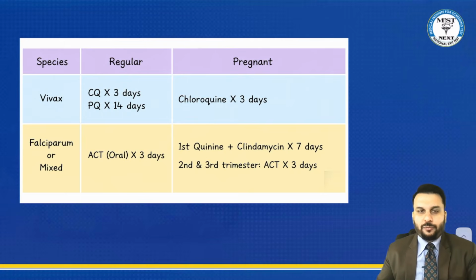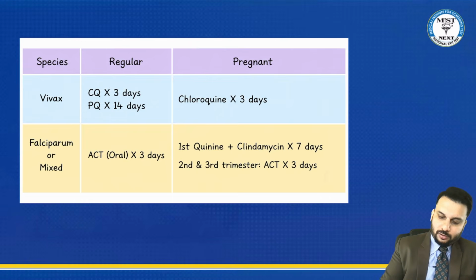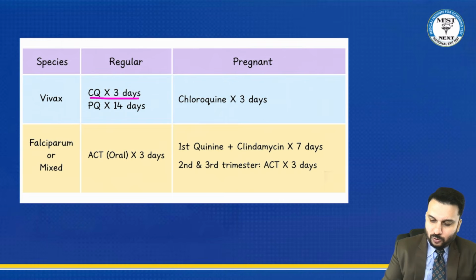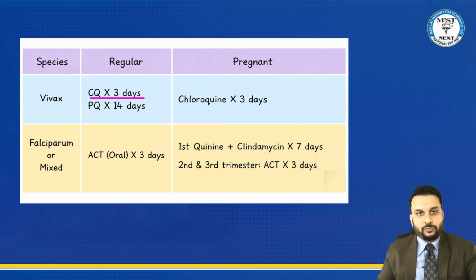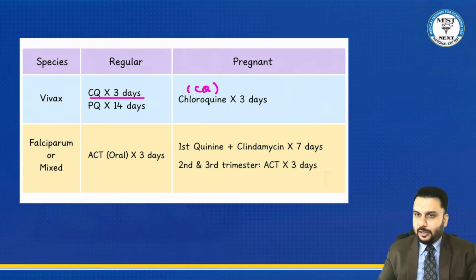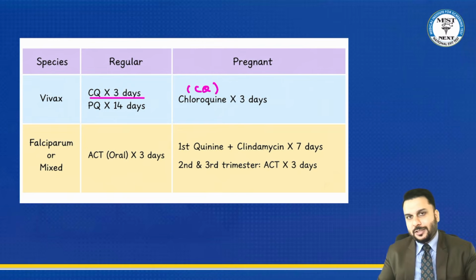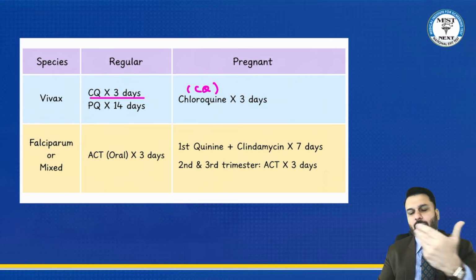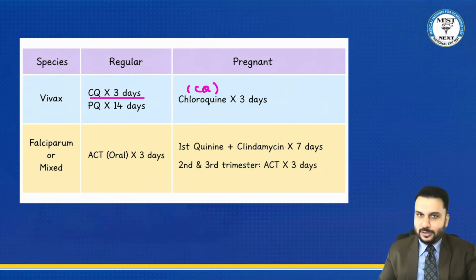First of all, if you look at the guy that is vivax, the drug of choice mainly for the treatment is called chloroquine. Okay, chloroquine. Chloroquine is given for 3 days in the treatment. That's written as CQ. CQ is chloroquine. So chloroquine is a nice drug. It can be used in normal people as well as pregnant people. So either way, the same drug is used for vivax, whether you're normal or whether it's pregnancy. But one drug is missing here. Which drug is missing? Primaquine. Primaquine cannot be given in pregnancy. It's contraindicated in pregnancy. Okay.